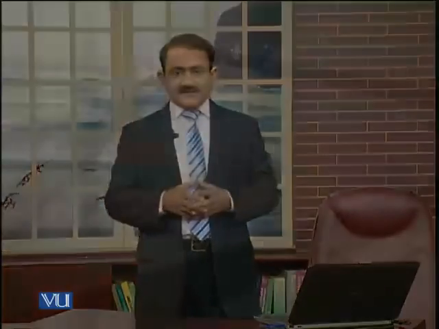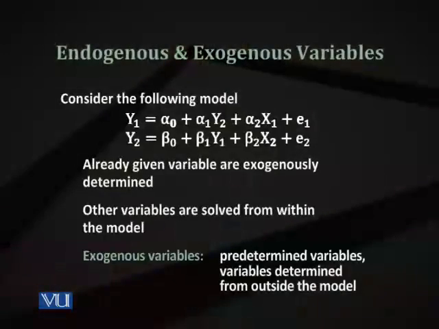This is a better way, and the rest of the variables should be considered exogenous. Let's go deep into what exogenous and endogenous variables are. Look at the model again. On the screen, you are seeing y1 and y2 as two different equations containing y2 and y1 in the list of independent variables, and x1 and x2 as exogenous variables.